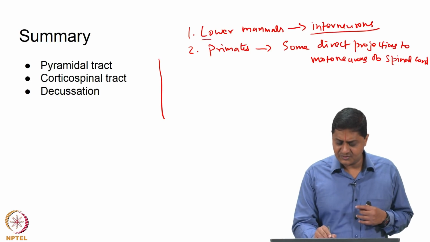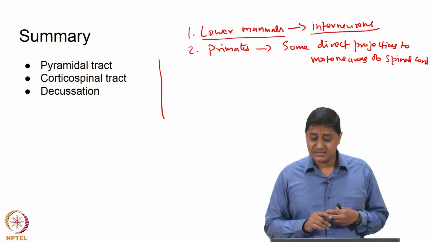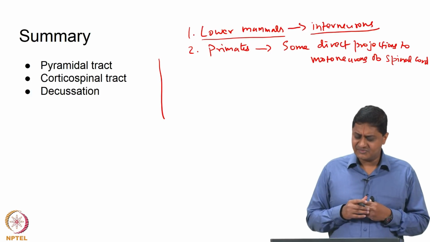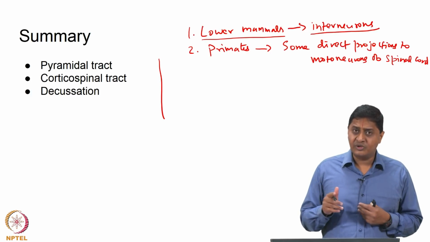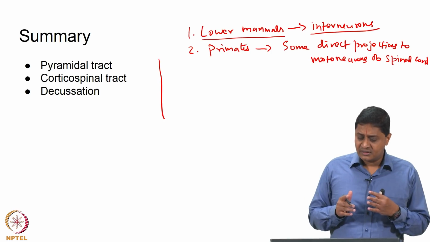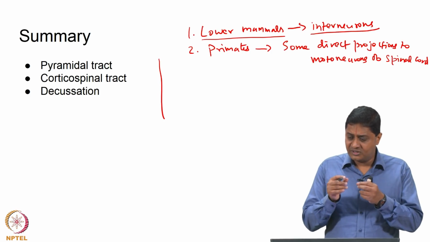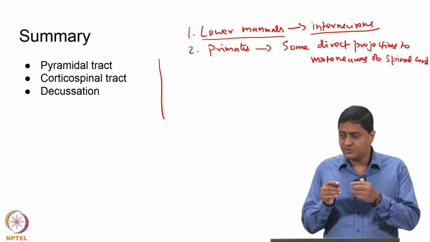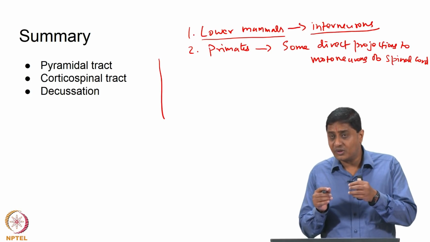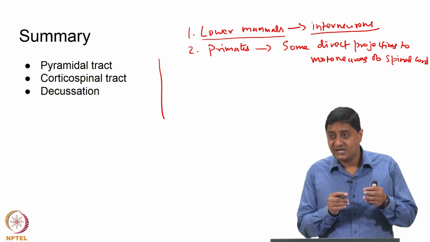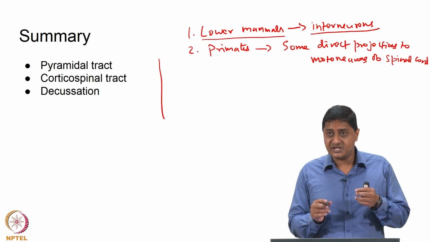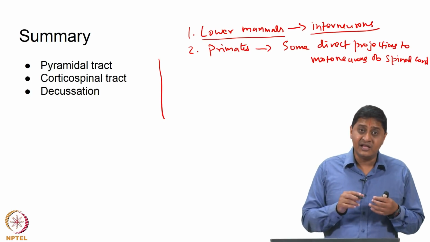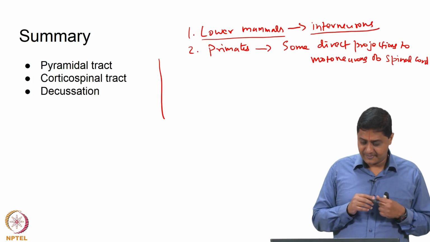in lower mammals there are only direct projections to interneurons. And what happens in primates themselves? Actually, what happens in primates is they project to the motor areas, and how do they project? So, one corticospinal neuron projects to motor neurons that control a muscle and its agonist, and it indirectly inhibits the antagonist.